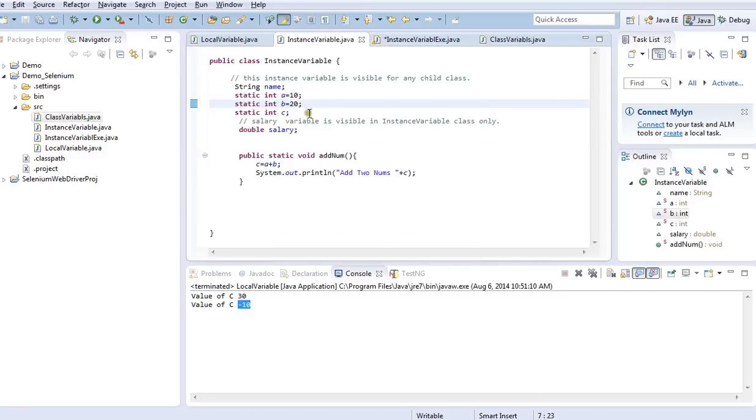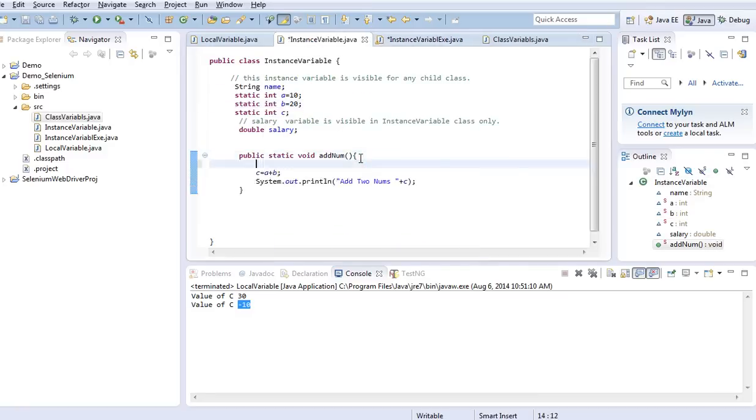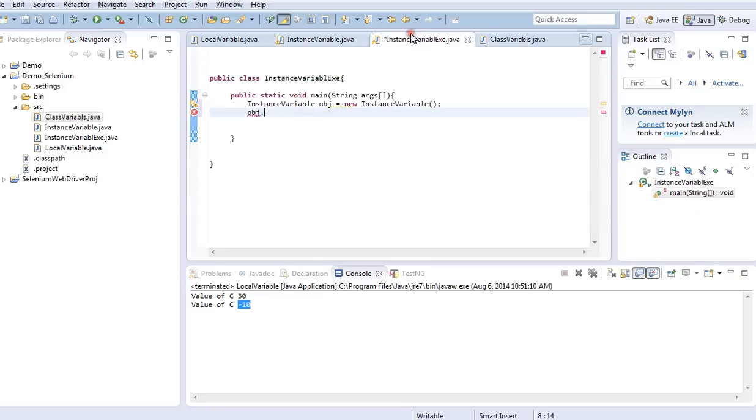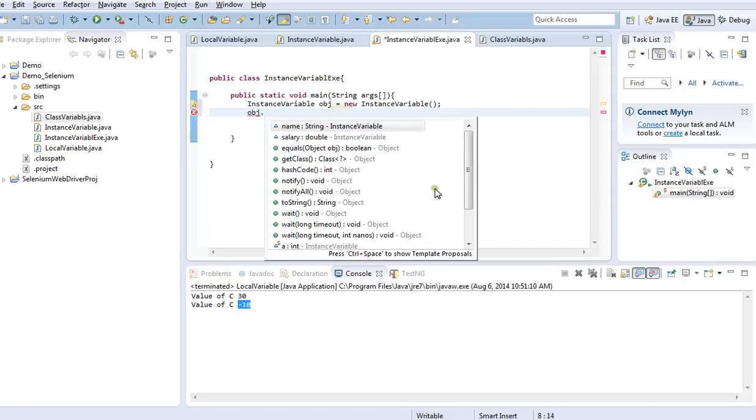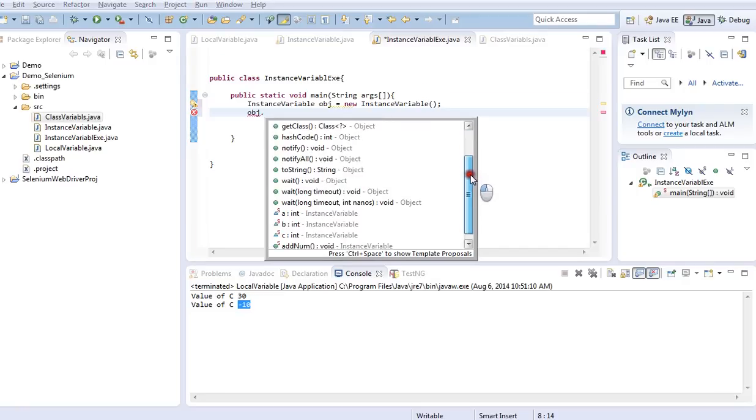Let me define one variable inside a method. So I'll say int x, y, z. This is inside a method. If we declare a variable inside a method, that is a local variable. Now let me type obj dot. Is it possible to see x, y, z somewhere here?